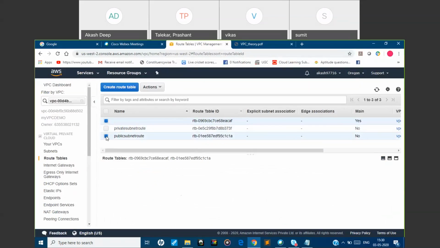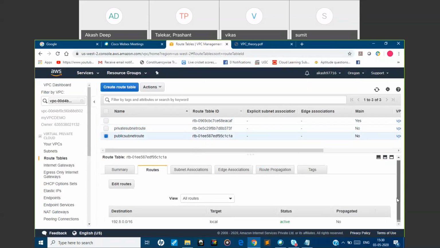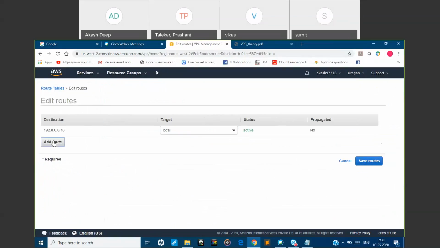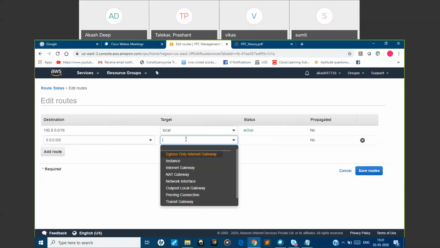This one is the public one, so just select this public route table, click on routes, click on edit routes, add route 0.0.0.0/0, and here we will select internet gateway.